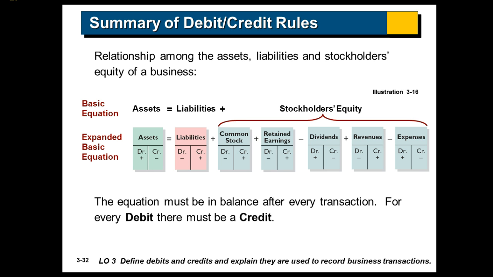Ultimately, the common stock and the retained earnings is really what we have in stockholders' equity. But we know our revenues and expenses are part of our income statement, which ultimately then flow back into our retained earnings. When we pay out dividends, that's going to decrease our retained earnings. And so that's going to be a normal debit balance for dividends, because that's going to then decrease our retained